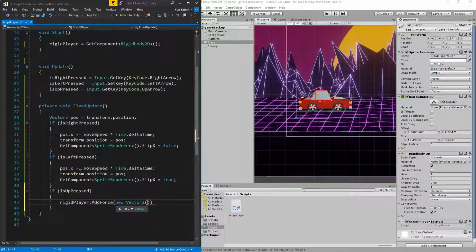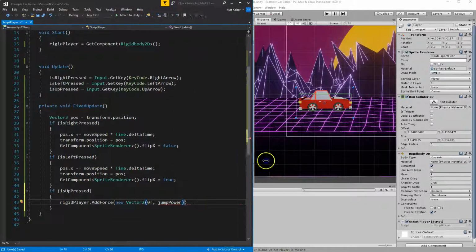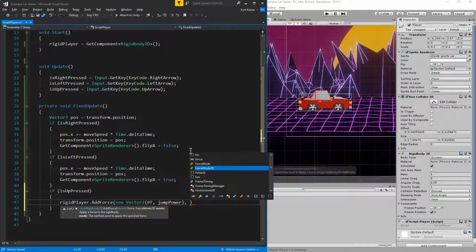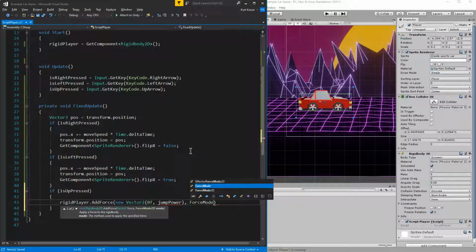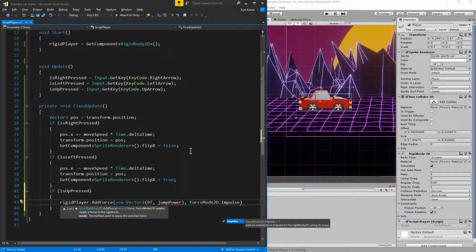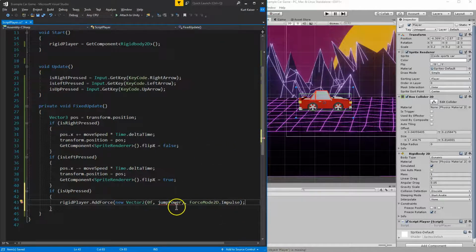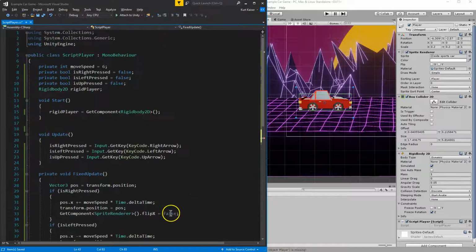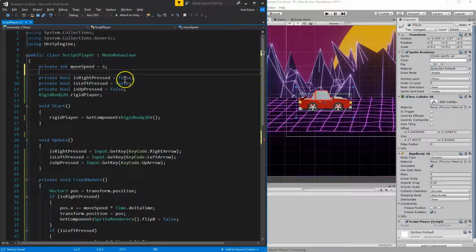Okay. And then we want 0f for x, right? We're not moving x forward. We're going to use a jump power variable that we'll be making shortly. And then we need a comma, ForceMode2D.Impulse. Okay, so how is that force being applied? 2D impulse. And let's go ahead and go up here, and right under movement speed, I'm going to